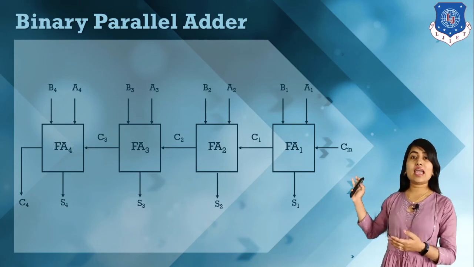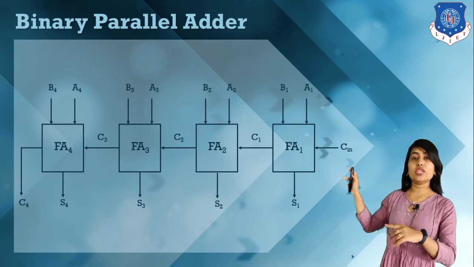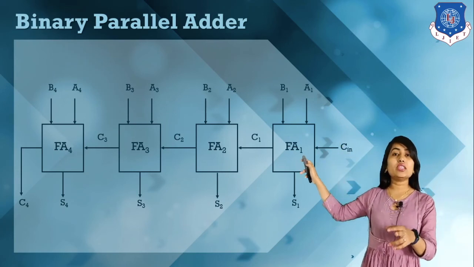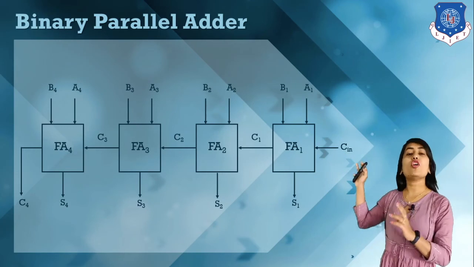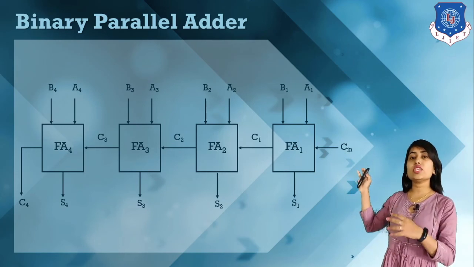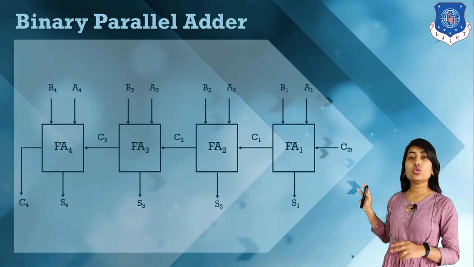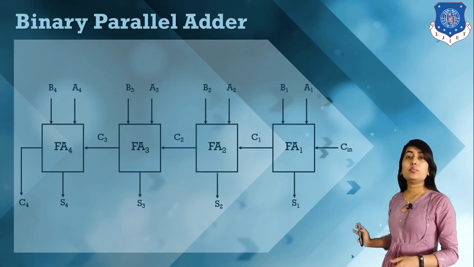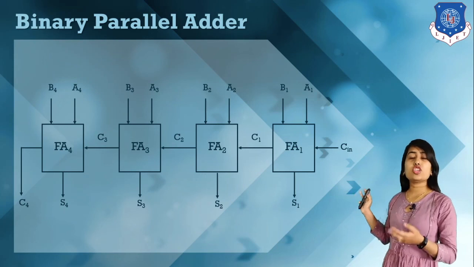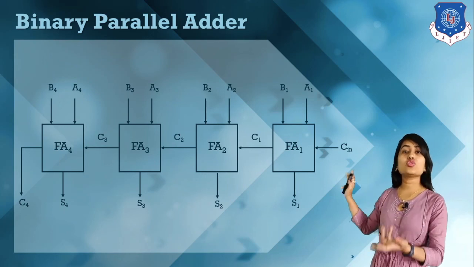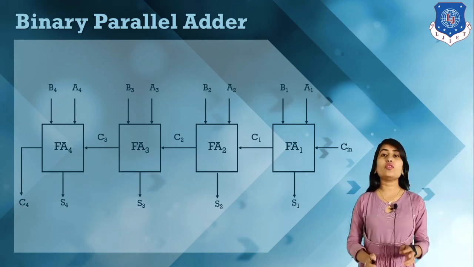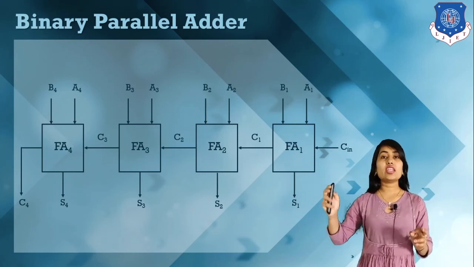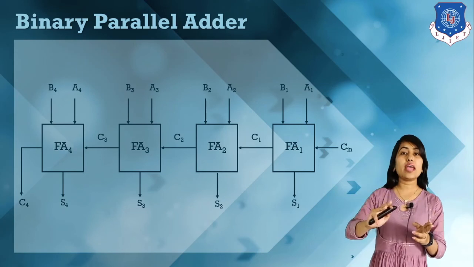Here we can enter data A0, B0, then A1, B1, A2, B2, A3, B3, and this performs the addition. A0, B0 is entered over here, so it calculates addition and then we have a sum bit, and if there is a carry, we can forward that carry into the next bit. This is how we can perform addition of 4 bits. If in the last stage we have a carry, this carry is forwarded to the next bit.